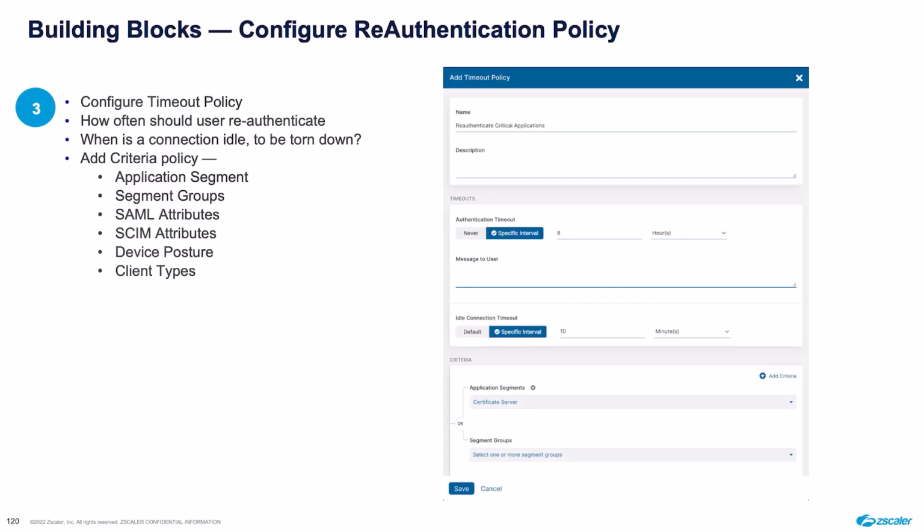So even if a user must reauthenticate to continue using an application in one segment group, the user might still be able to continue using an application in another segment group depending on the timeout policy. So for example, you could set users from the sales department to reauthenticate every 2 days to continue accessing applications from the sales application group. However, the same users could also be set to reauthenticate every 14 days to continue accessing applications from the HR